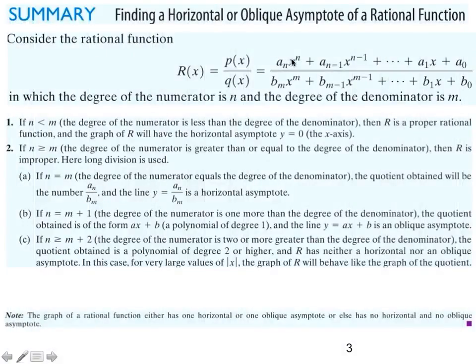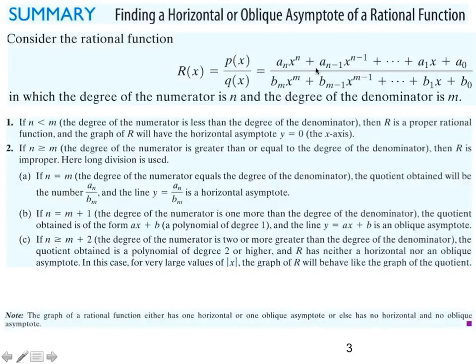So if the degree of the numerator is smaller than the degree of the denominator, then y equals 0 is your horizontal asymptote. Now, if n is greater than or equal to m, then r is called improper, so we use long division. Now, one thing to notice is that if they're the same, if n is equal to m, all you have